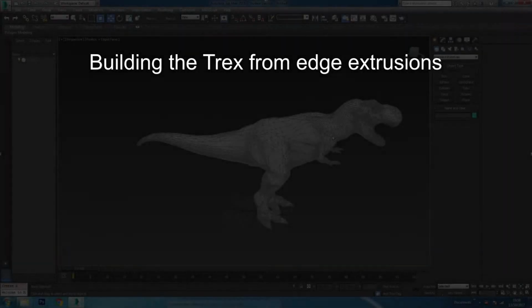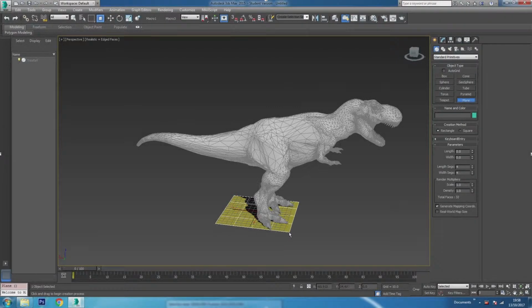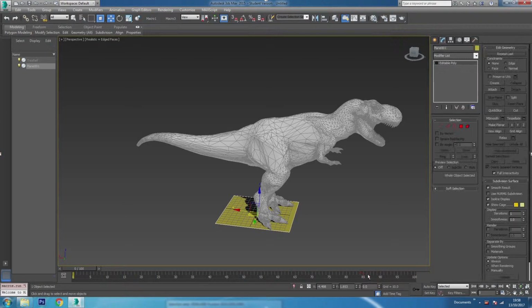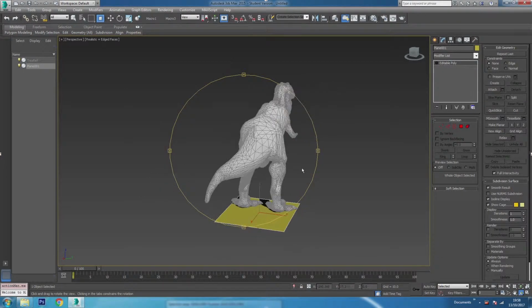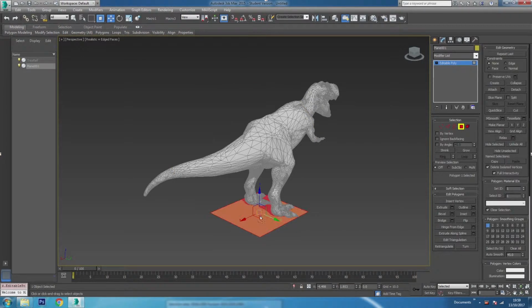This is the reference Tyrannosaurus Rex. And the first thing I'm going to do is I'm just going to chuck a plane in and convert it to an editable poly. I'm going to get rid of my grid with my G. And then in polygon mode, I'm just going to move this